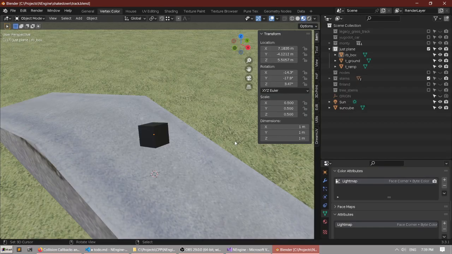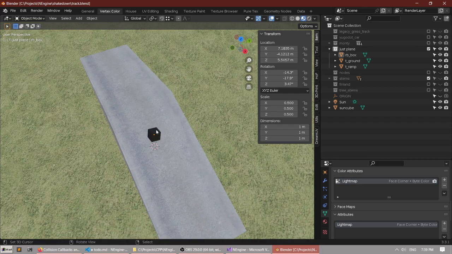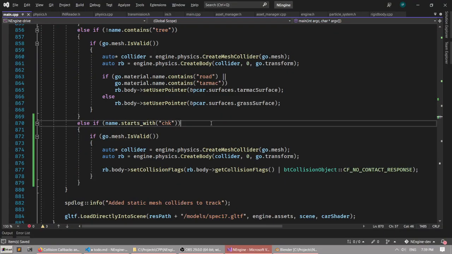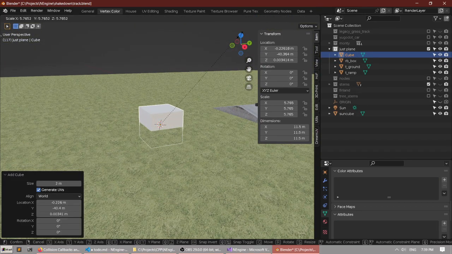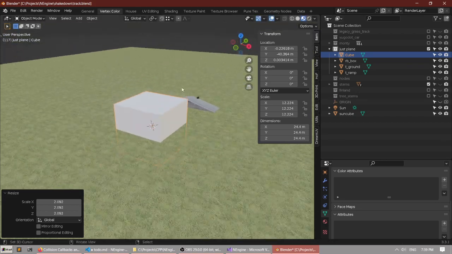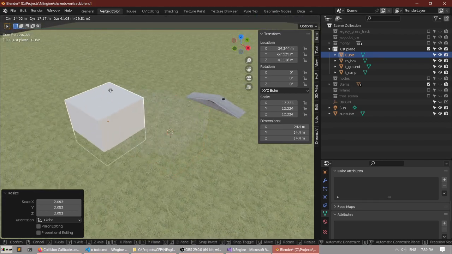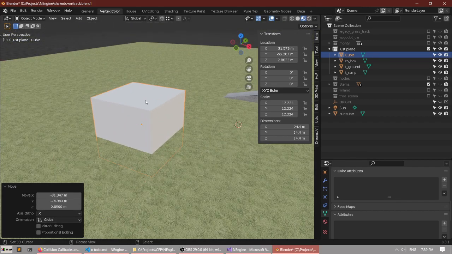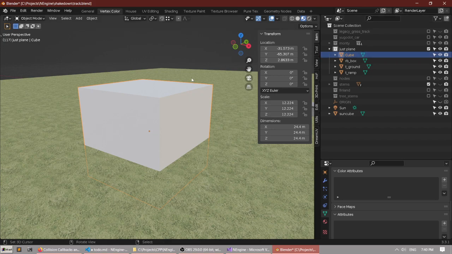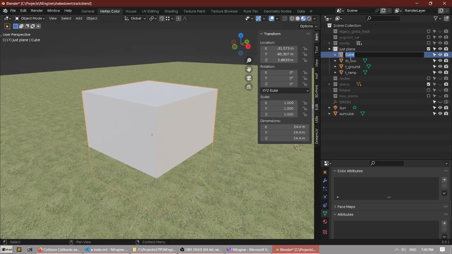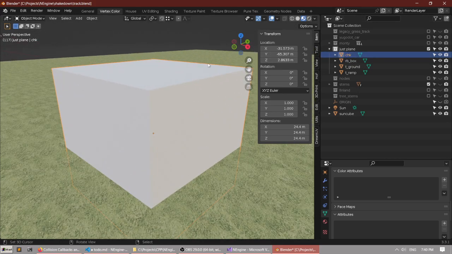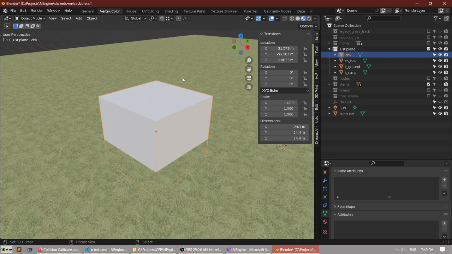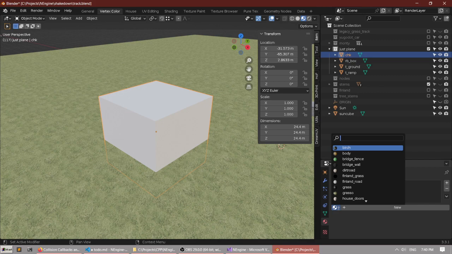The classic CHK. No, it's a checkpoint. That's what it is. So let's put a little chk here, which is going to be my big box. Let's apply the scale. And let's call it the chk. The classic chk. And of course we need to apply some kind of